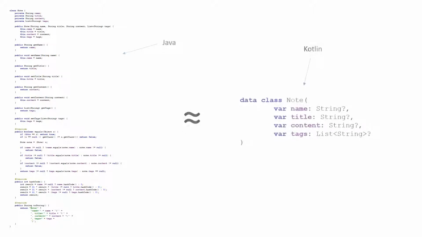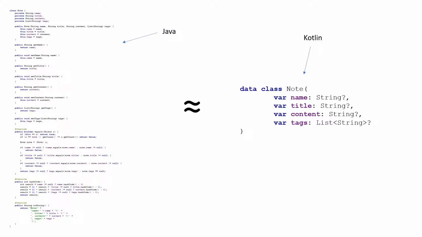And this is how the same code looks like in Kotlin. These are 6 lines that are containing only important information, and this data annotation is providing the methods like equals, hashCode, and toString. It also provides other important and useful methods, like methods for decomposition that allow us to decompose this object of a node to its fields, or the copy method that is allowing us to make a copy of an object with specific fields